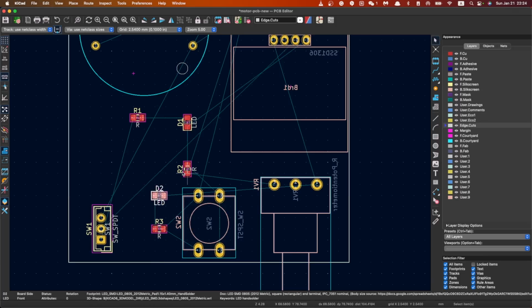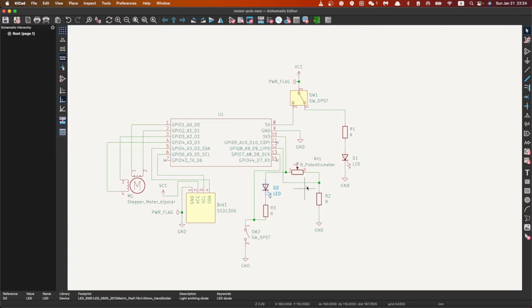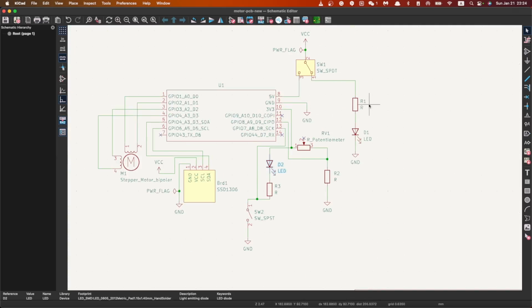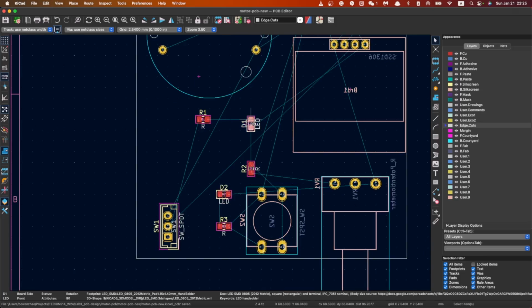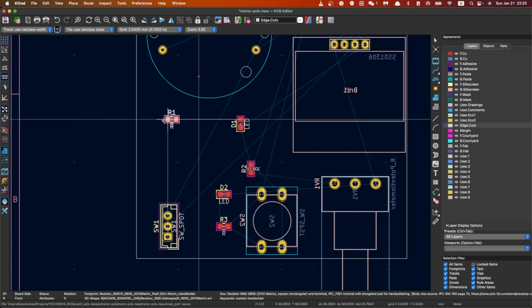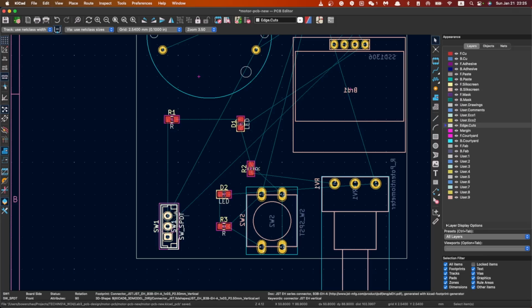Let me check, is D2 for the button or... Yeah, it's for the button, it's not for the power. So I will make it near the button, and this LED could be here, and I would like the switch to be